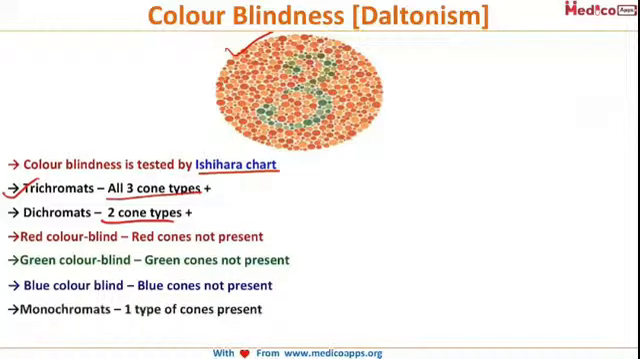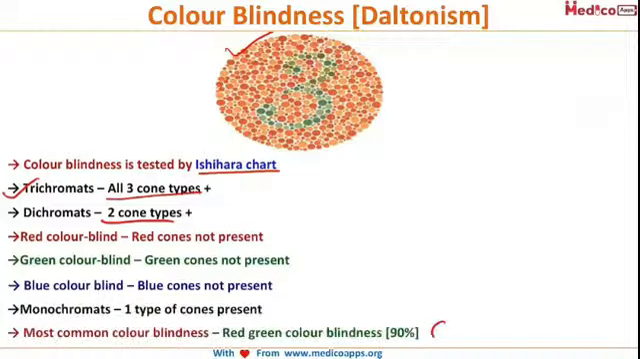And what is the most common type of color blindness? This can be a question. 90% of people are red-green colorblind. That is, they can only see